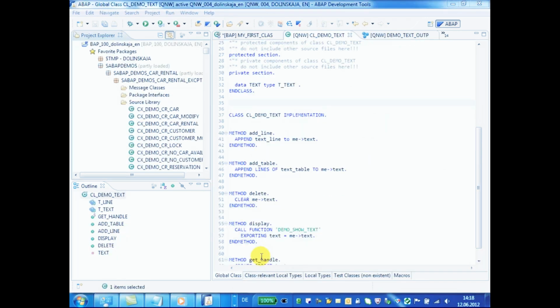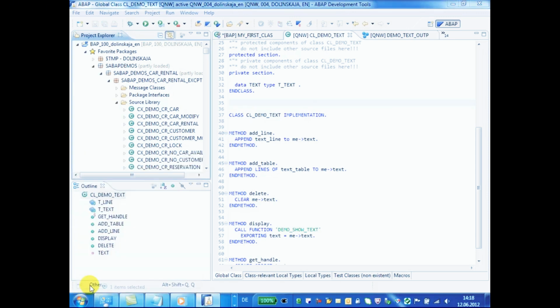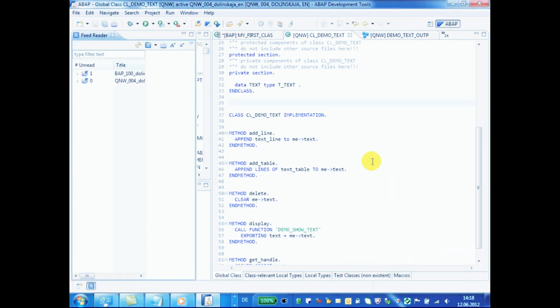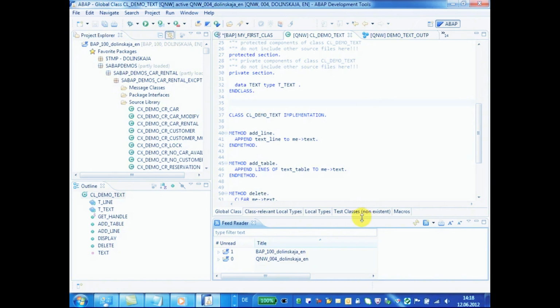Feed Reader in ABAP Development Tools provides you with the frequently updated ABAP content, for example, runtime errors in the ABAP backend systems, and feeds from an external URL. To use ABAP Feed Reader, just open the ABAP Feed Reader view. And what we see here in the Feed Reader view, we see the subscription for the feeds